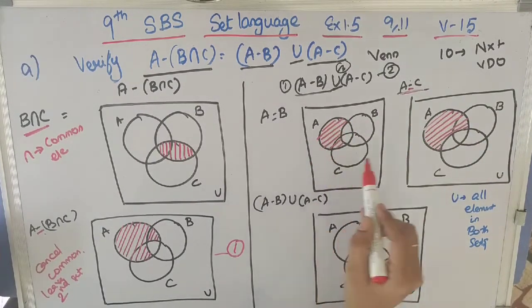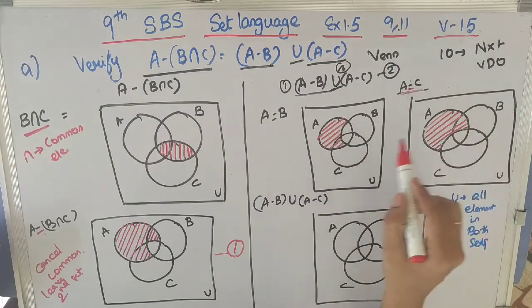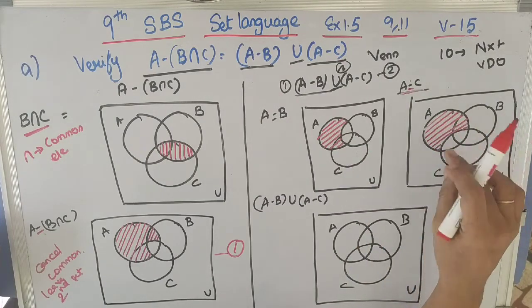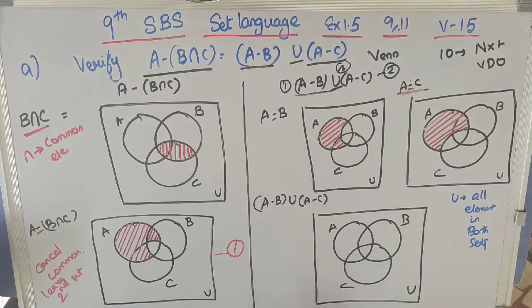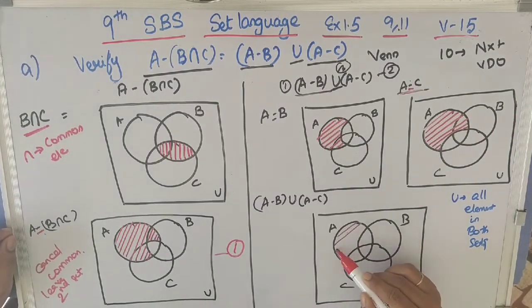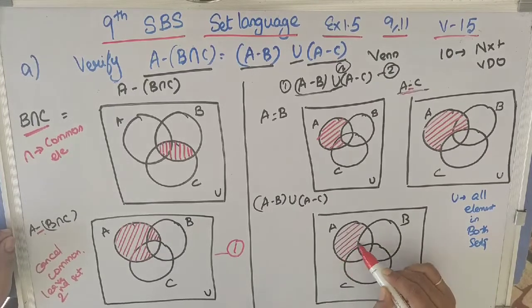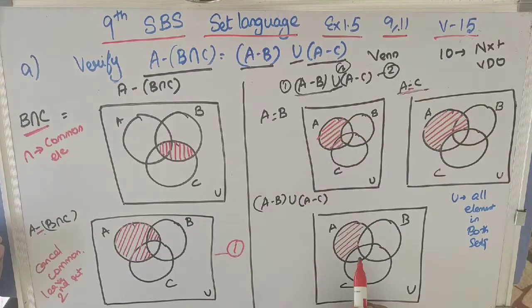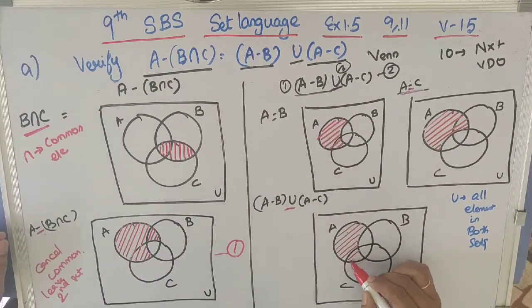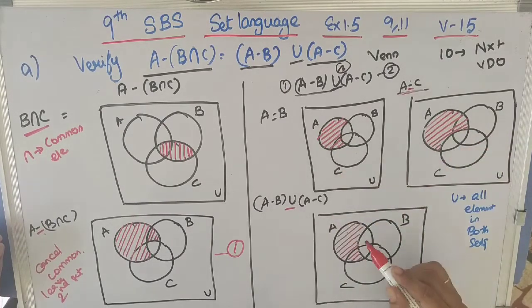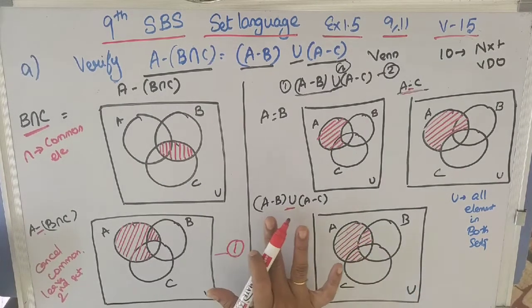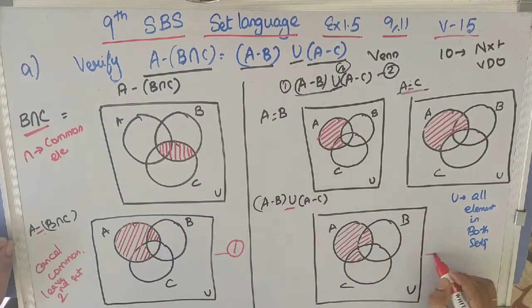What is common here? I am going to shade the common part between A and C. First let me shade the common parts. See, I am shading the common parts in A difference B and A difference C. Now, this small part is in A difference B but not in A difference C, but this is union, so we have to shade that. This small part is in A difference C but not in A difference B, but we have to shade that because this is union. So, we have found A difference B union A difference C and this is number 2.